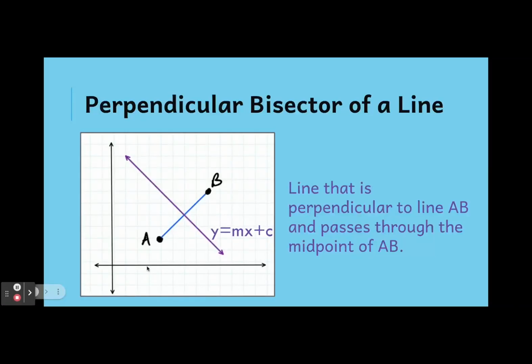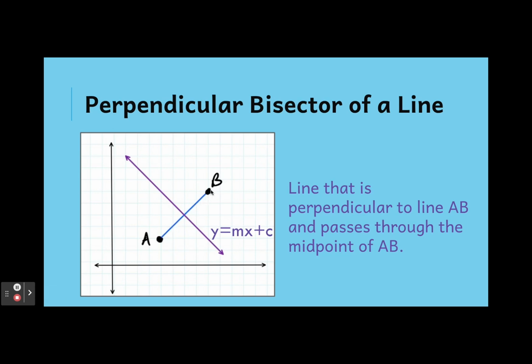In this video, we're going to talk about the perpendicular bisector of a line. Our objective is to find a line y = mx + c, this purple line, such that your line is perpendicular to 2 points. So you're going to have the points A and B, and you're going to find a line that's perpendicular to